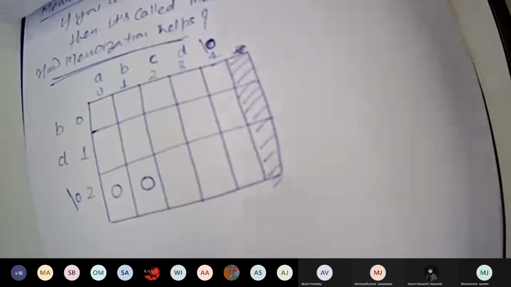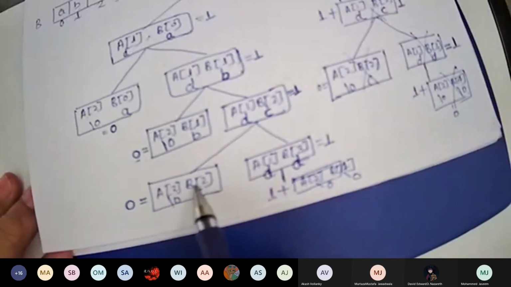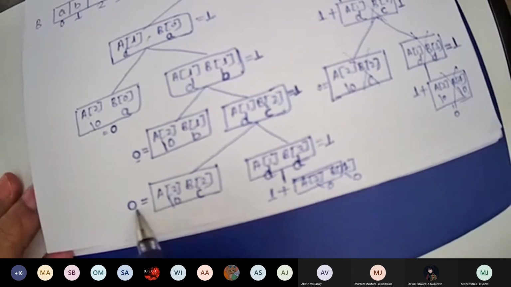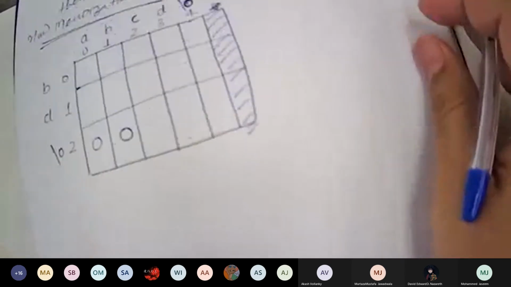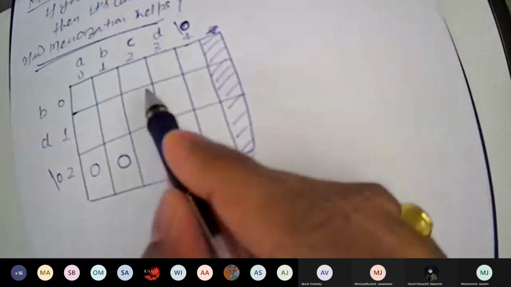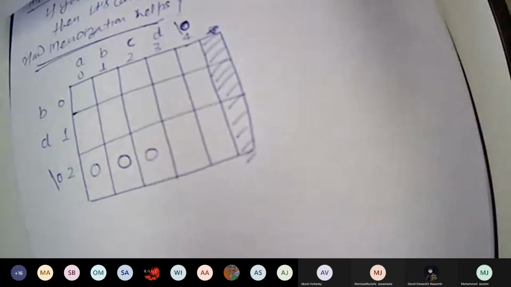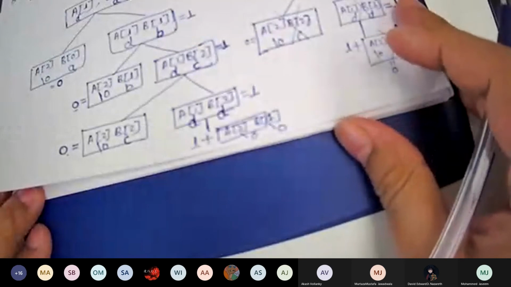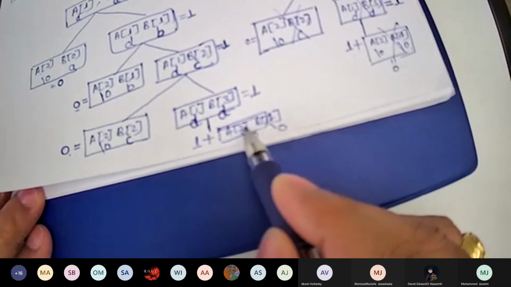Now the next value which you calculated was 2, 2. The 2, 2 value is again 0. The next value you calculated was 2, 4.